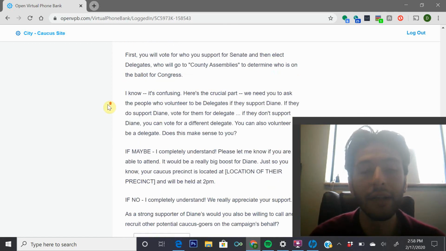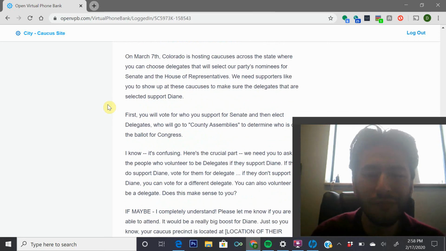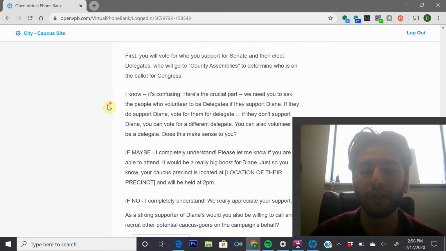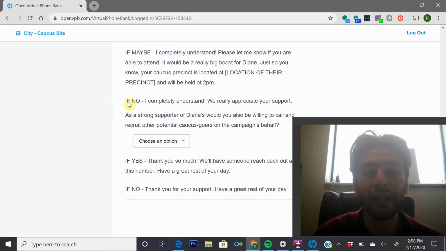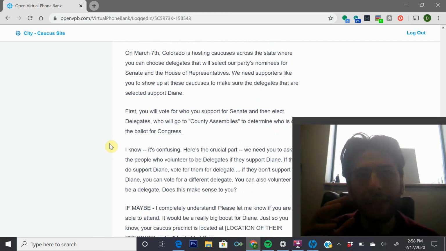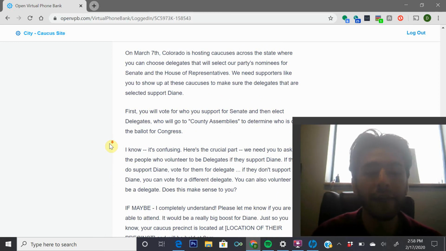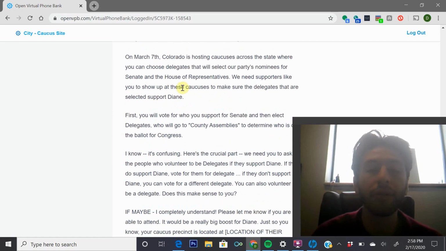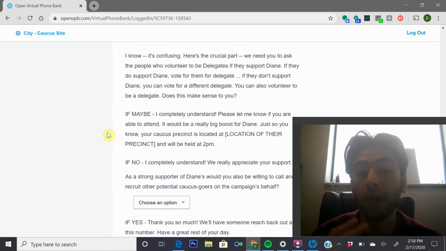But this is just some language that we have that seems to have generally worked with voters we've talked to. If they can't caucus, we have that option right here. If maybe, you can gauge how much is worth explaining to them, right? If they're like, I think I should be able to make the caucus, that's a maybe, but still go through the explanation of what actually happens at the caucus.